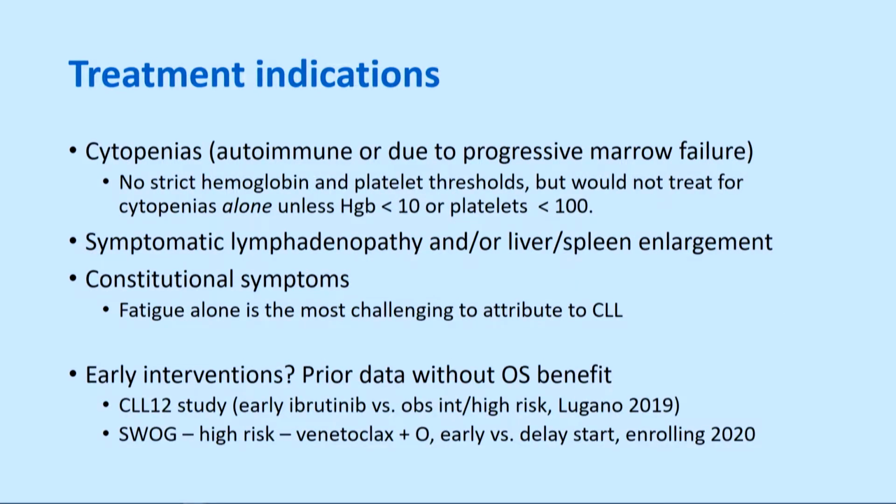And so just to briefly talk about what the treatment indications are, this is a gray zone, and so this has to be individualized for the patients, but rough guidelines would be cytopenias. While there are no strict thresholds, one shouldn't treat for cytopenias alone unless the hemoglobin is below 10 or platelets below 100. It doesn't mean that one must treat when they're below this level, but it's a discussion that should start around that level and be taken into account with other symptoms. Symptomatic lymphadenopathy, hepatosplenomegaly, constitutional symptoms. If someone comes in just complaining of fatigue and nothing else, I don't use that as an indication. That's one of the hardest things to attribute to disease, but